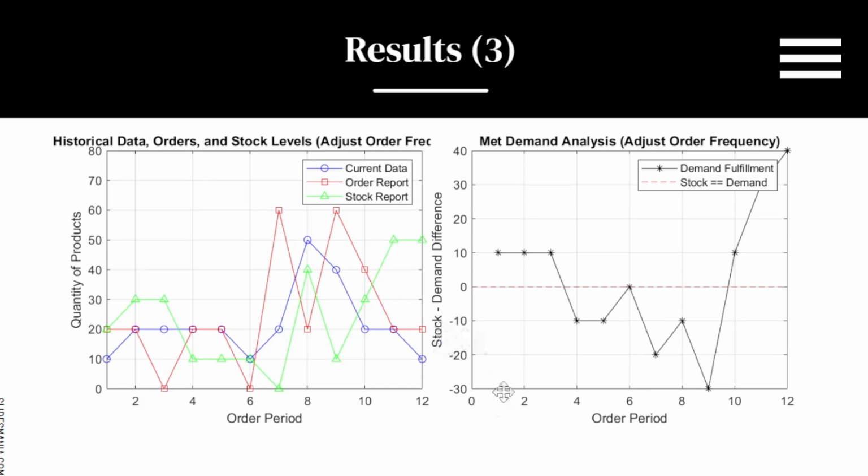And here's our method 2 results. So a little bit similar. We can see here that our orders are a little bit hard to keep track of, and that's probably due to it being set to batch sizes of 20. And we can see that our stock right in the middle has this big dip in availability. And we can see in our met demand that our demand is often more than our stock availability. And then right here we go back up and there's a bit of an overcorrection. Now we have way more stock than we previously had compared to demand.